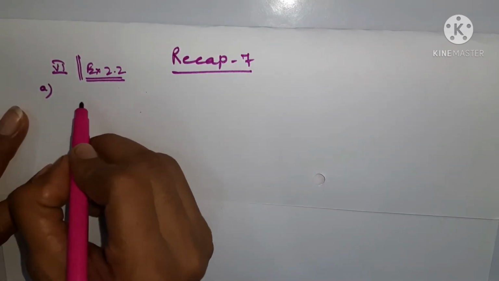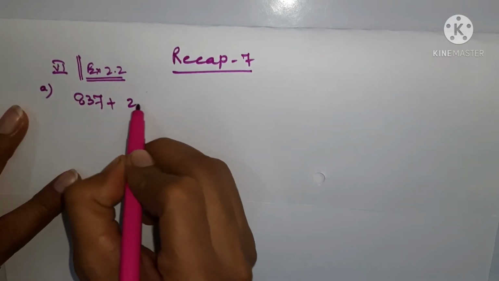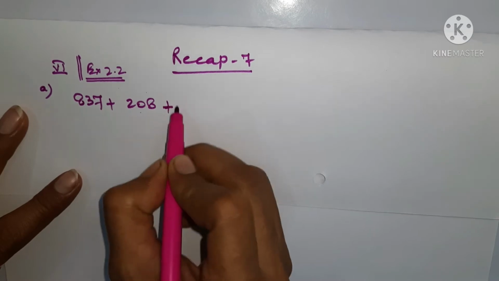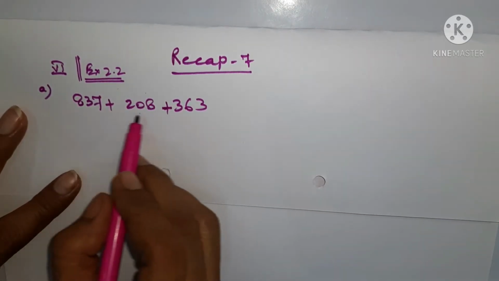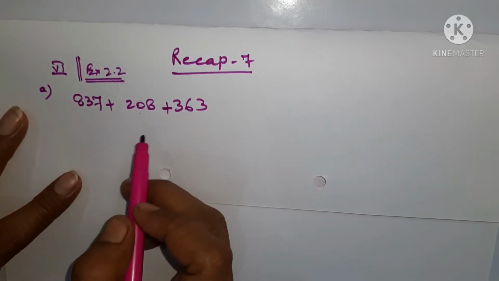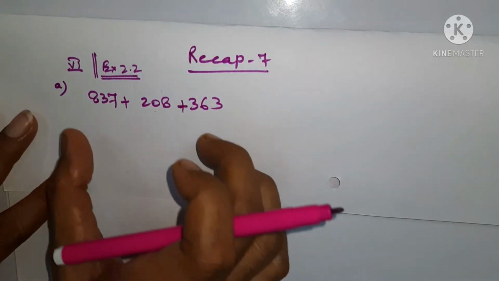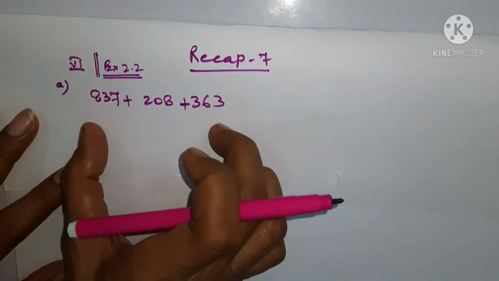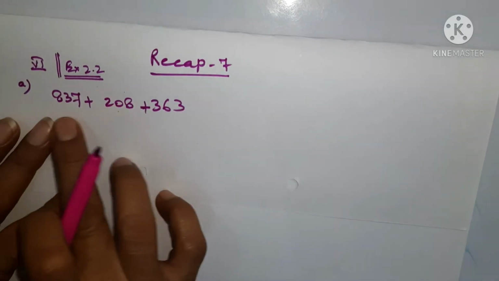Say you are having a question, 837 plus 208 plus 363. Now you can see we are having three numbers here, right? We are given three numbers. What type of property can we apply here so that we can get an easy solution of this? If we are going to add, suppose